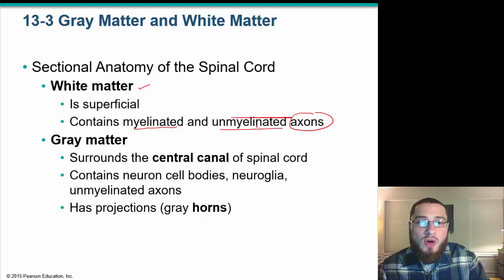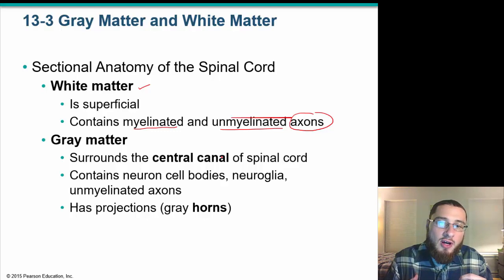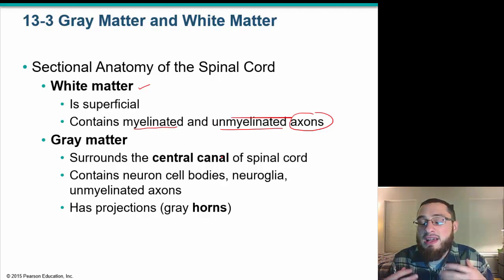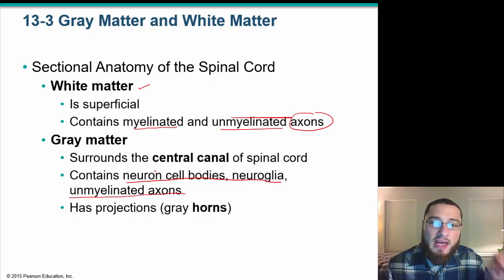So remember, we talked about those Schwann cells and the myelinated axons, and we need those axons to be myelinated in order for them to work properly. Well, in this white matter, we have those axons, and the gray matter, which surrounds that central canal that goes right up the spinal cord, contains the cell bodies and the neuroglia, as well as unmyelinated axons. So in the gray matter, we have the cell bodies and the neuroglia,